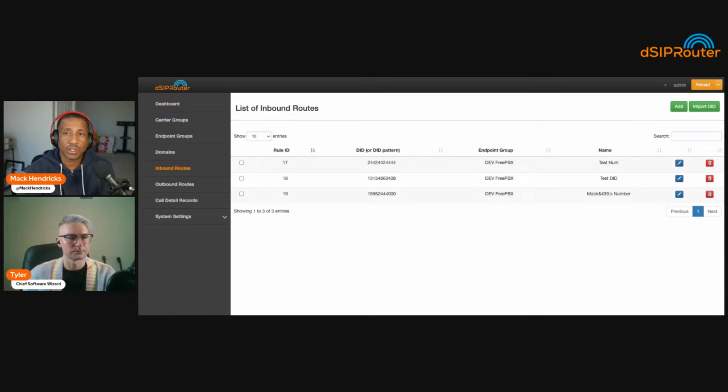Isn't Fusion actually a poll? Because we're connecting to the Fusion database. Yes, you're right. It is a pull, but in that case, though, we're pulling the data, but we're not giving them the ability to change it. Like for instance, you can't go into dSIPRouter, change a domain, and then it pushes down to Fusion. So that's the thing. Now that you said that, I get your question now. Basically, would we flip it so that dSIPRouter would be doing a pull? Is that what you're saying?